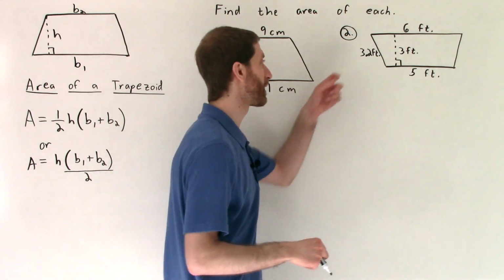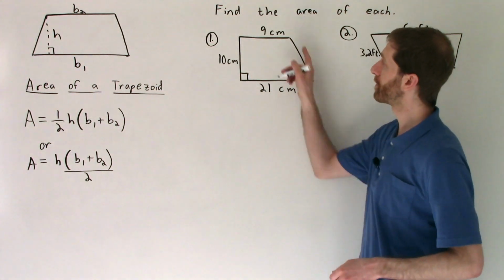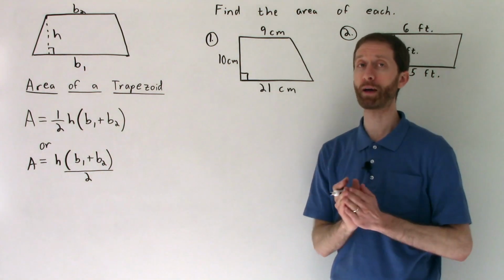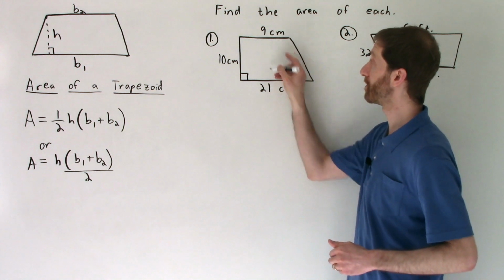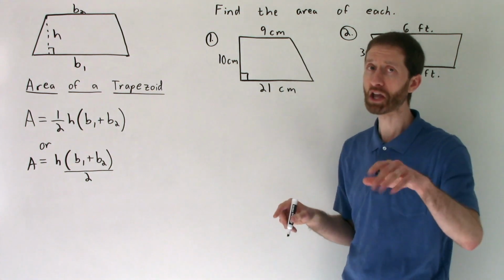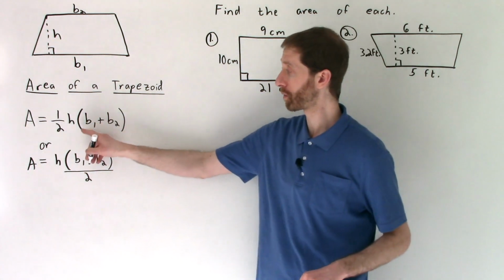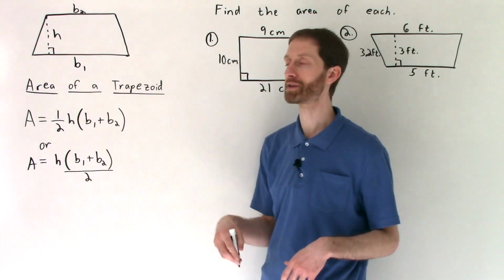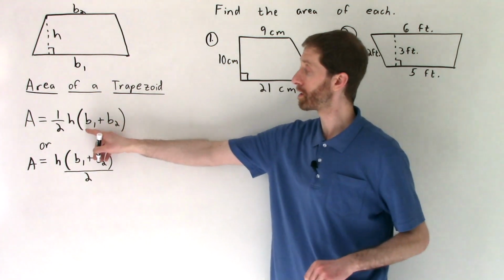Let's dive into a couple of problems right here and use that formula. So we're given that we have a trapezoid here, and I'm telling you it's a trapezoid. If you didn't know that it was a trapezoid, you'd have to be given that these are parallel lines. But I'm saying they're trapezoids. So what we have to do is identify the formula we're going to use. It's a trapezoid, so we use that formula, and the parts of this figure that go in the proper places